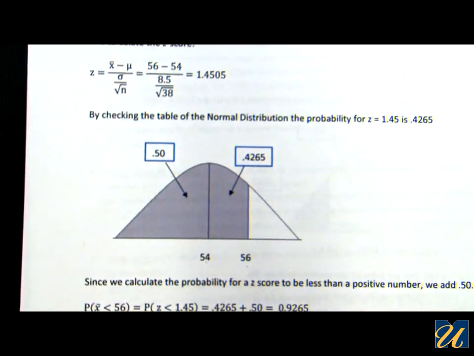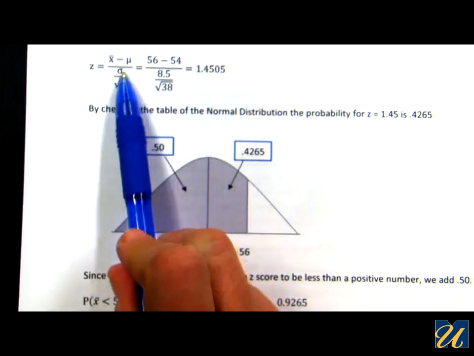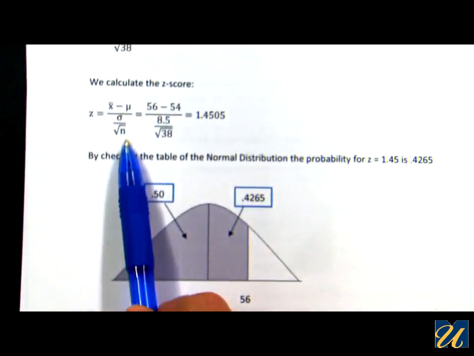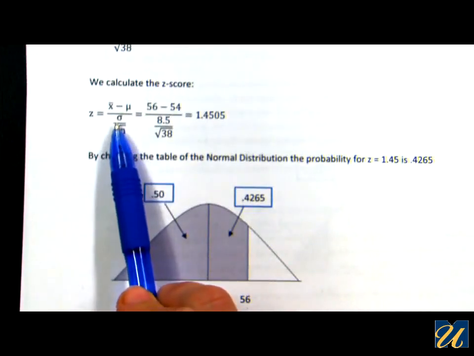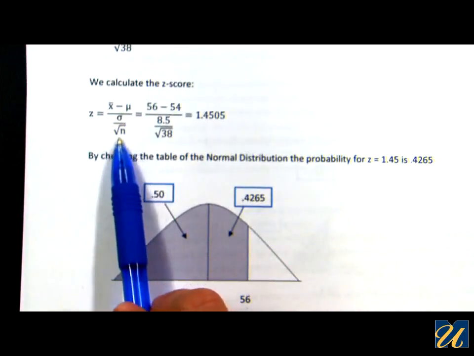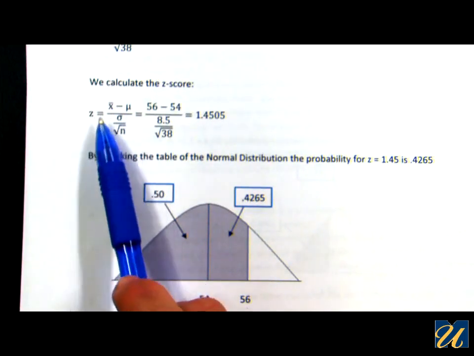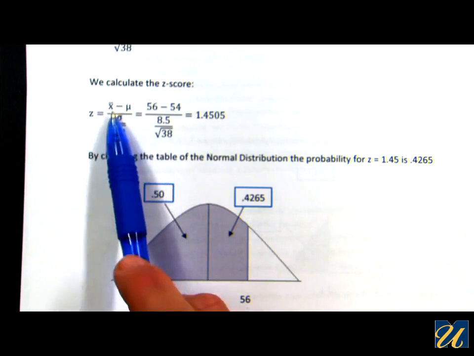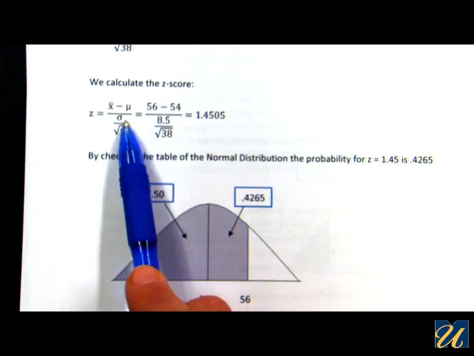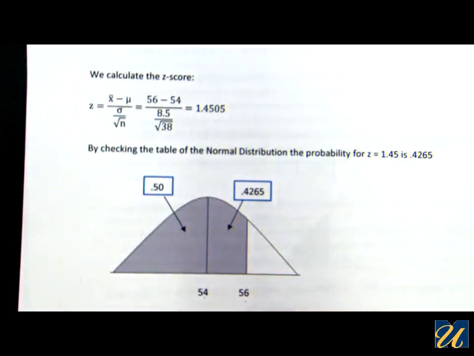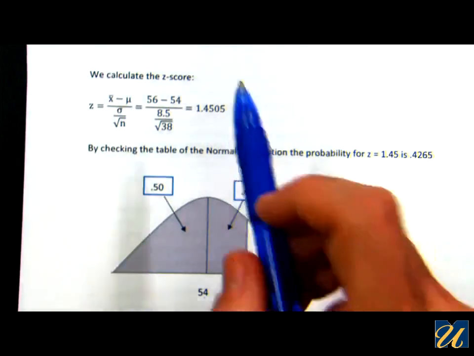Now, the z-score: 56 minus 54 over sigma divided by square root of n, not sigma. So pay attention, do not get confused with the previous chapter. In our case, for the z-score for the sampling distribution, we divide x minus mu by sigma over square root of n, not just sigma. So if we do the calculations, we will get